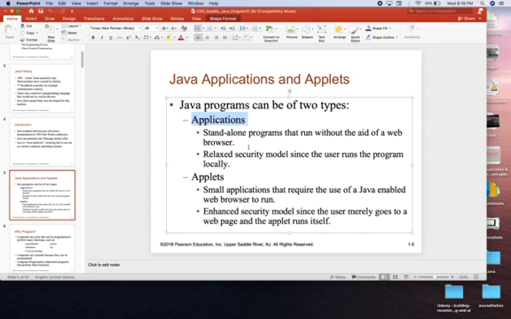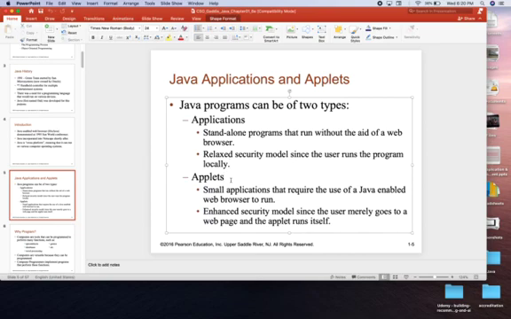It doesn't need the internet, it doesn't need the browser to be executed, because your focus is not to develop the application to be used online. Also, it has a relaxed security model since the user runs the program locally. If the program is going to run online, that is when you want to think of how to provide some security infrastructure where people cannot hack or penetrate into the system with ease. So in this situation, the security features are much more relaxed with the Java applications, as compared to the applet.